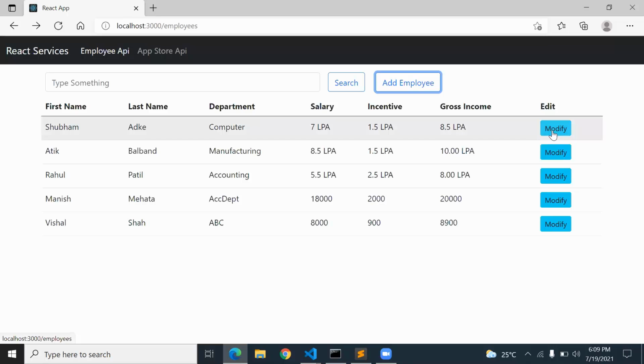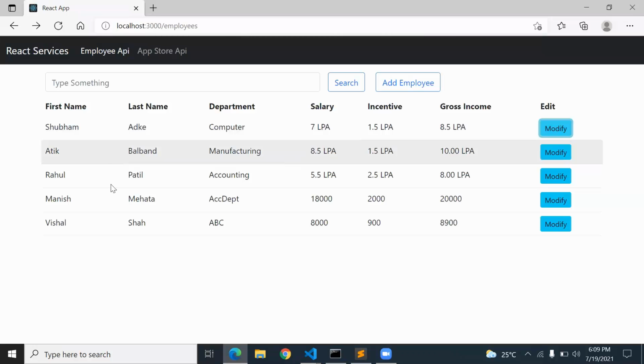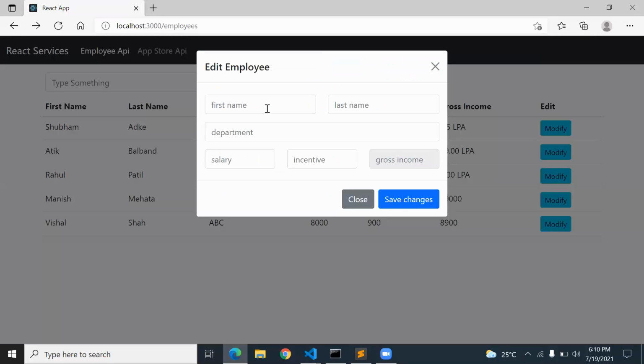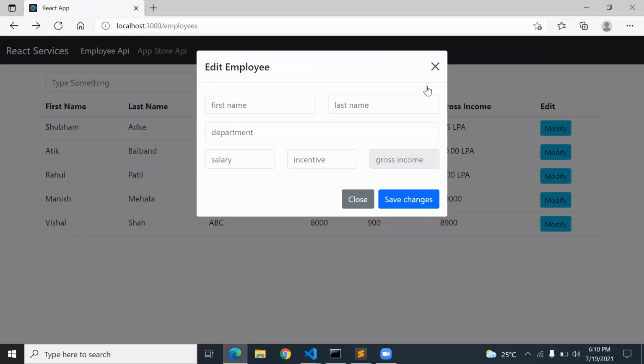Now one more thing I want: clicking the modify button, I want to read this line's data in the modal dialog. So when I click on modify, I want to read this data. So this I keep pending, and in the next session we are going to complete it. But you also can try how to catch the row I'm clicking on, and show me the data inside the fields. As I click, I want to catch the data. So how is it possible?